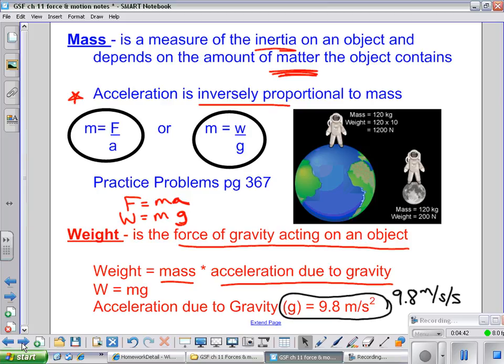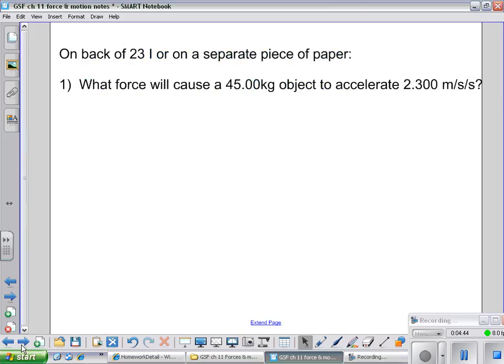All right, so now I want you to take a second and get out either a clean sheet of paper, or in your binder, flip to the back side of 23I, if you didn't write on it too much. We're going to do two problems together. So clean sheet of paper, get it out, or the back of 23I where you can write this problem down. All right, so